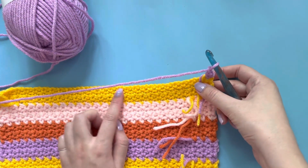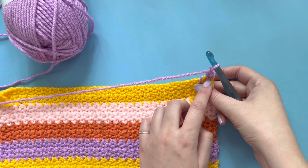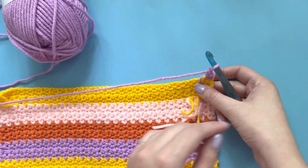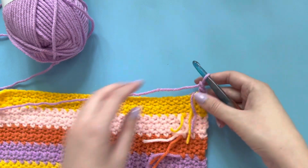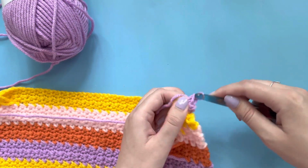I'm basically going to be working short rows. So for the 2 to 3 year old, I'm going to be working 8 mesh stitch across and then going back here, and then we're going to fasten off. Then we're going to go back to this side where we're going to do the same thing. So we've got 1, 2,